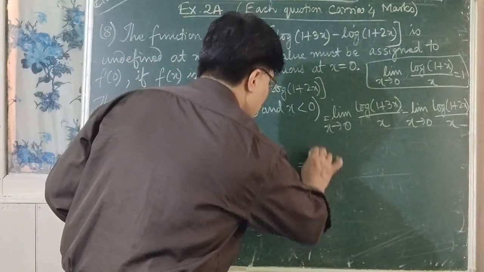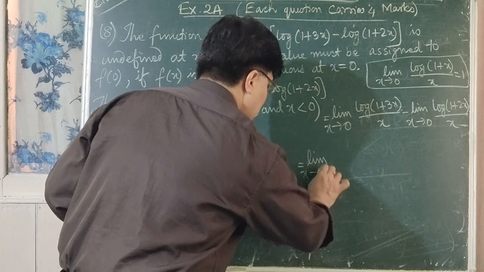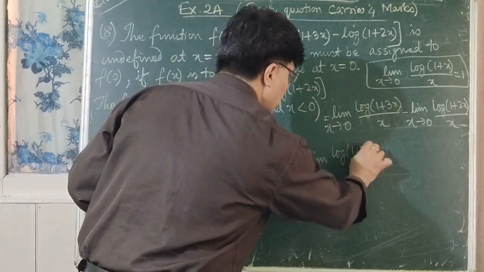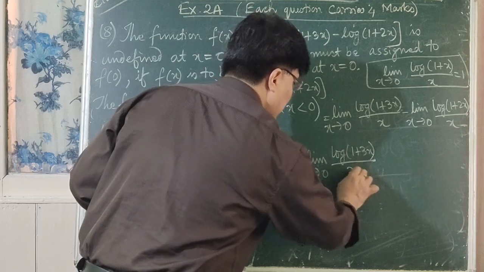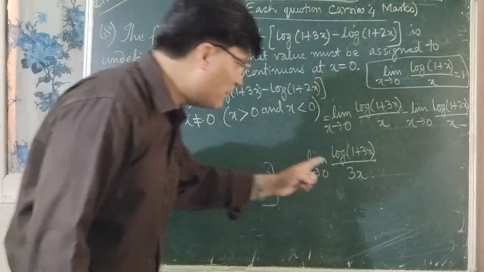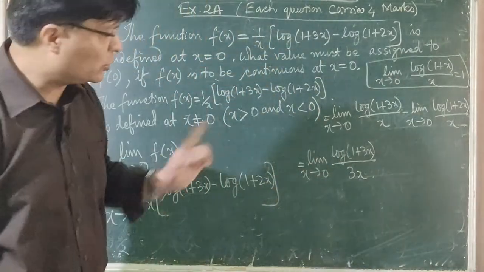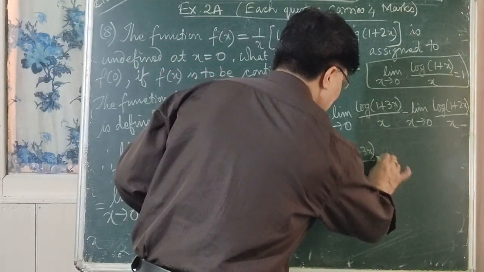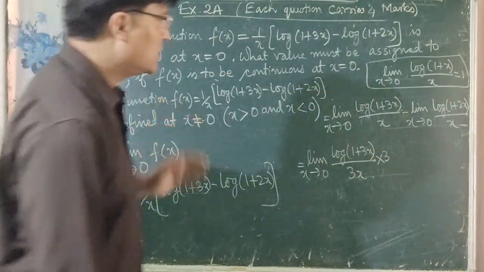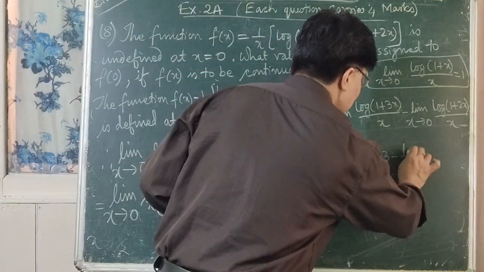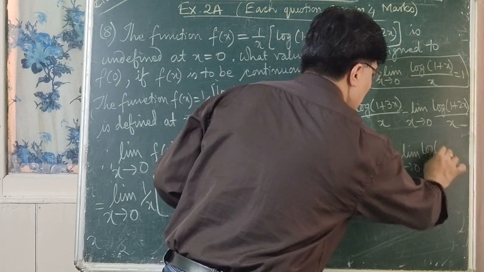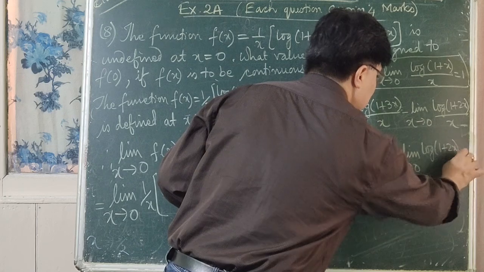So which is equal to limit x tends to 0 log of 1 plus 3x divided by, let us multiply it by 3, so it is 3x. We are multiplying by 3 ourselves, so to cancel that 3, what do we write here? Into 3. Is that clear? Similarly, for the second term, minus limit x tends to 0 log of 1 plus 2x